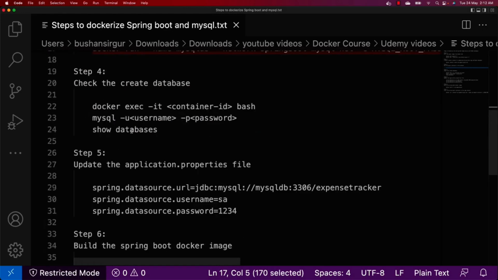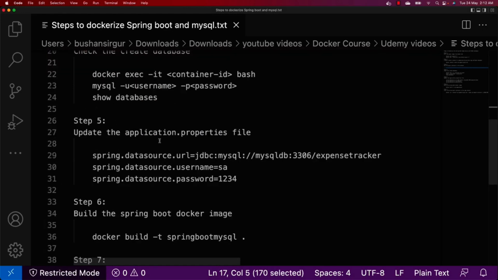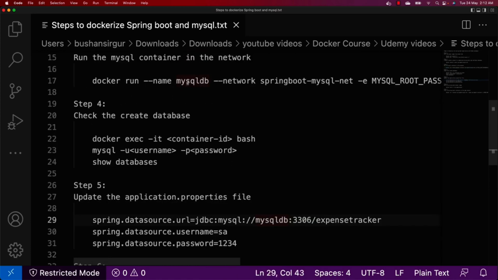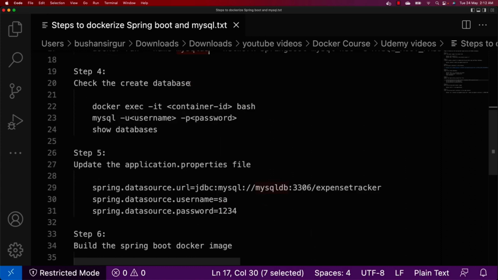The fifth step is to update the application.properties file. We need to add these properties. Basically, we are going to change the URL. Instead of the localhost, we are going to use the container name. If you remember, we have given the container name for running this MySQL database, and we need to use this container name instead of the localhost, and we need to provide the username and the password. So let's copy this,